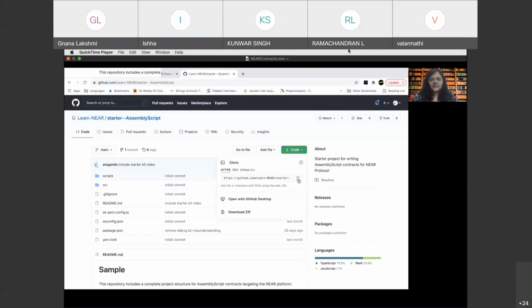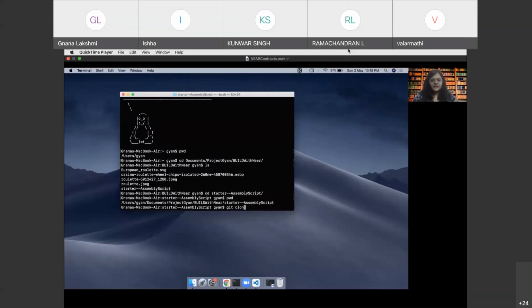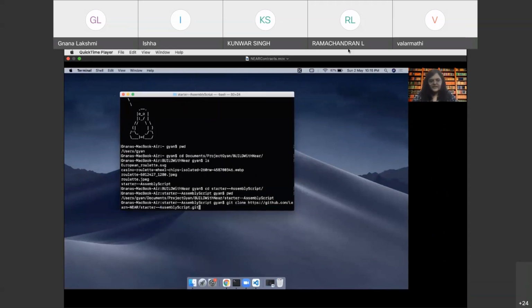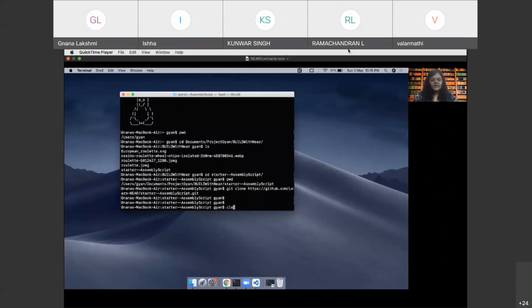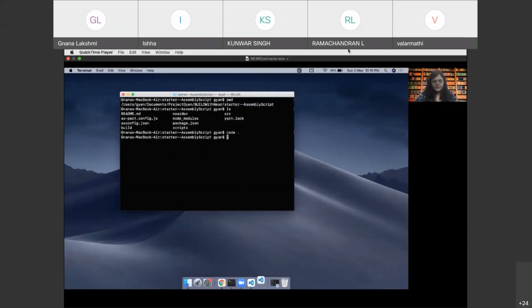You can just click on this, copy it, go to your terminal, do a git clone, and it will get cloned. Since I have already cloned the repo, you can see that I am already inside the starter assembly script. It already has one contract, which we will be overwriting with our own contract. So I'm going to open this entire folder in VS Code.